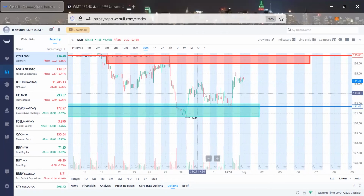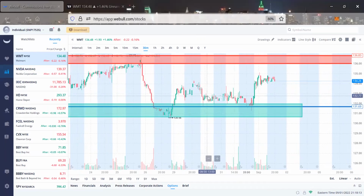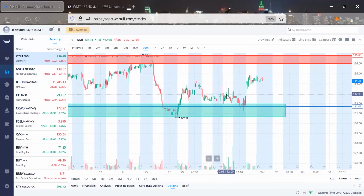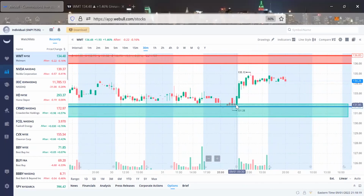Once again, I seen Walmart consolidating from the support that we had on Monday, right? So Tuesday I waited, Wednesday I waited because it had not broken any previous high or closed above. But today I seen Walmart just ripping like crazy. Right at pre-market, I had this massive green volume just engulfing this candle right before the previous candle right before, right? And then at open, I seen a candle over candle